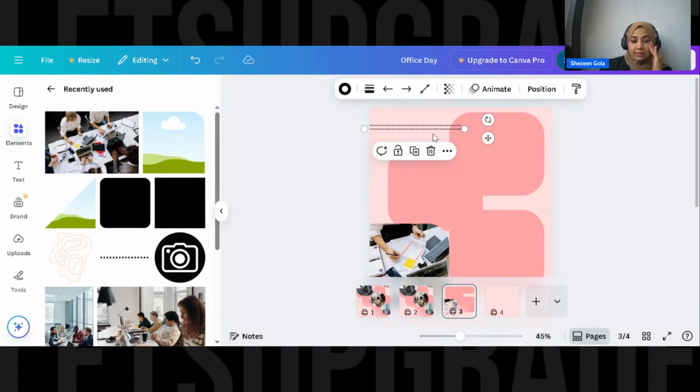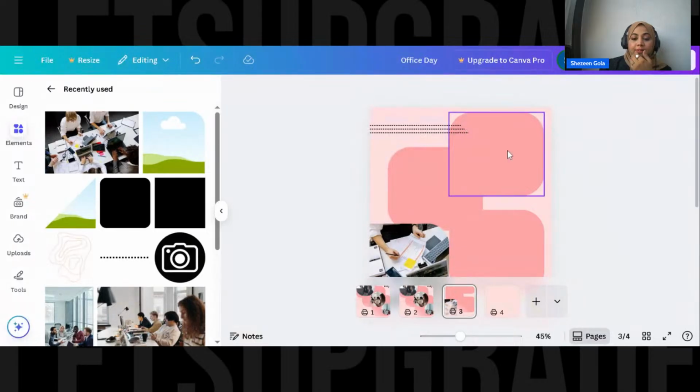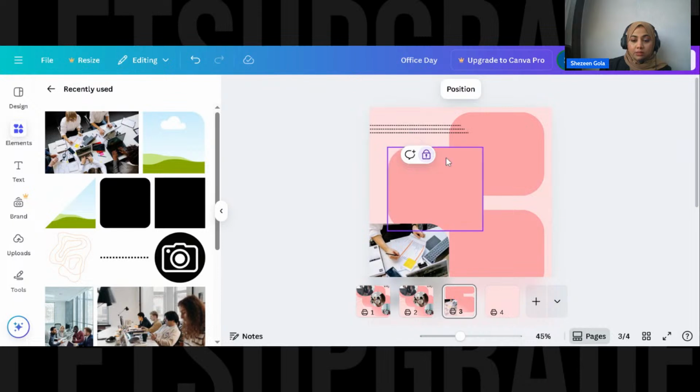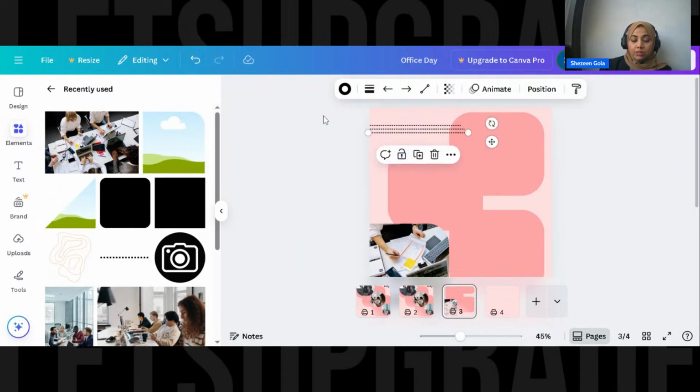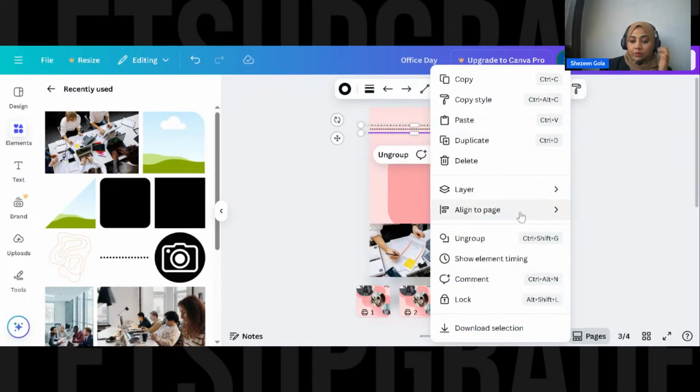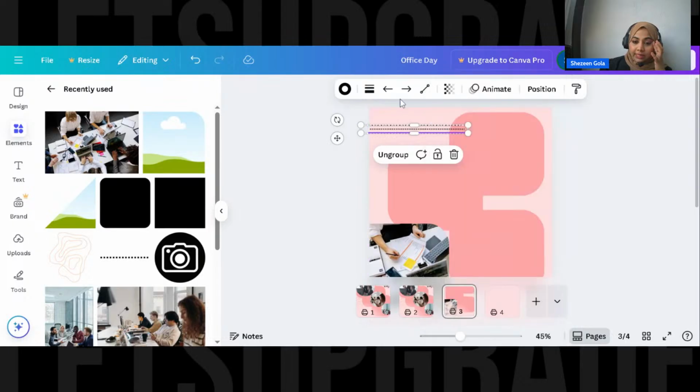Duplicate this, or else control D. Okay, so what you can do is send this back. Now you can group lock this. So let's unlock this. Okay, group it. We grouped it. Now what you can do is select this.